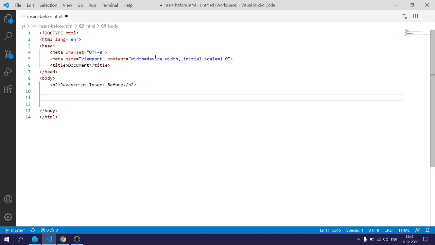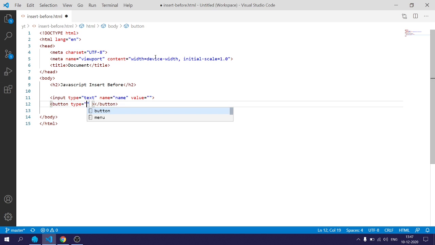So the first thing is I will create a text field, and create a button to insert the newly created element. I will give the name to the button as add list and create an event listener on click